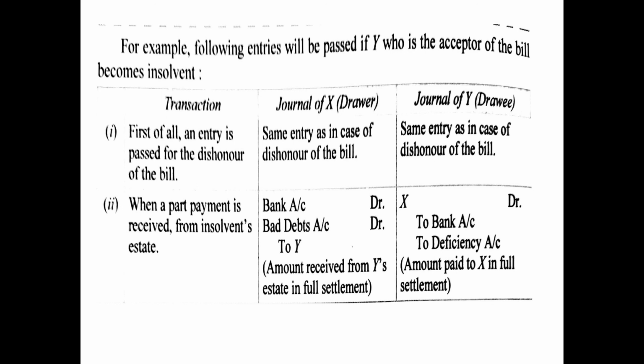And this can be written as the answer to the last question, children. The entries for recording the insolvency of the acceptor. That means when the acceptor or the drawee becomes insolvent, these will be the entries which will be passed in the books of the drawer and drawee, taking into account the amount lost or which could not be recovered as bad debt. So all these questions, children, you need to answer in your copies, in your register you need to do,